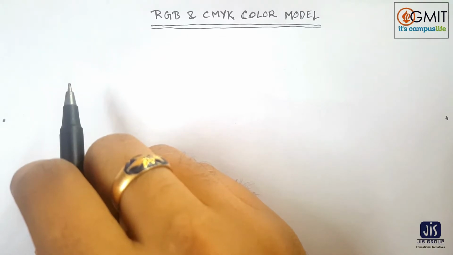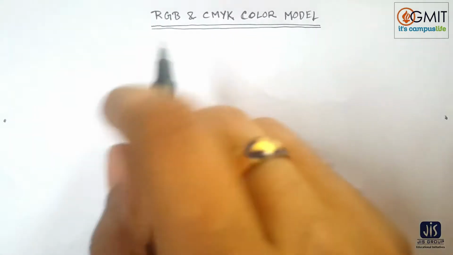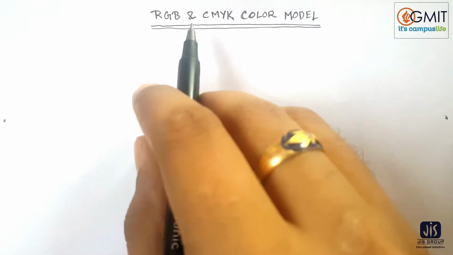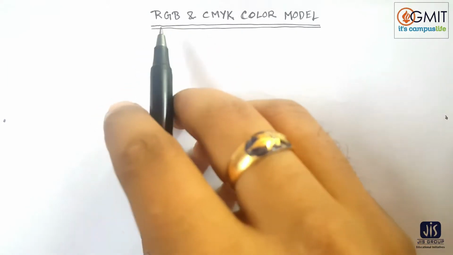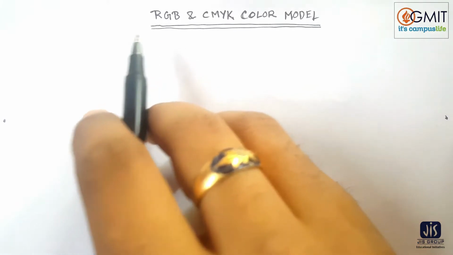Okay, let's start the session, starting from the RGB color model. RGB stands for red, green and blue. Red, green and blue color model. Okay, this is an additive color model. What does this mean actually, additive? I will discuss later, but first